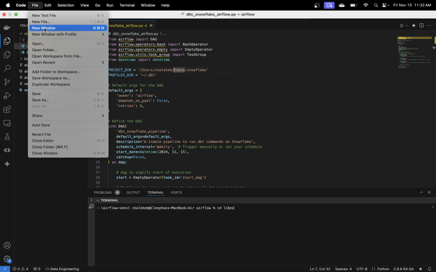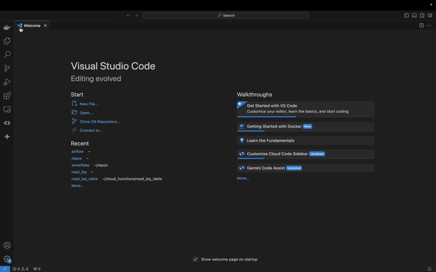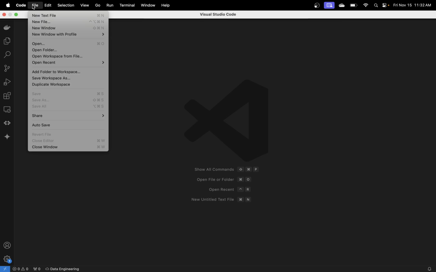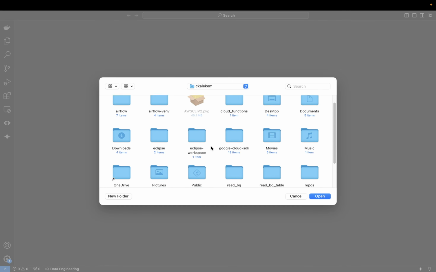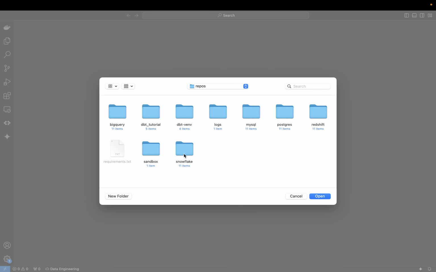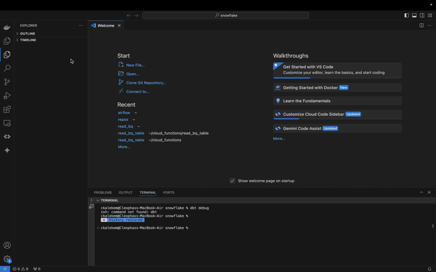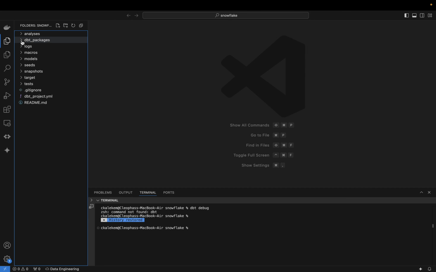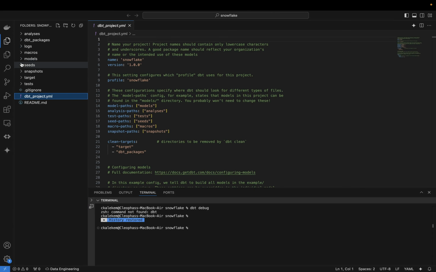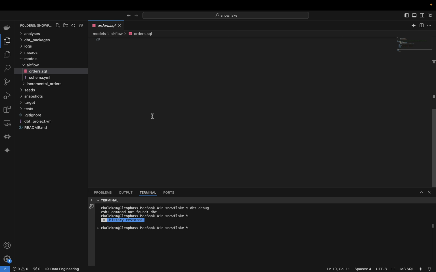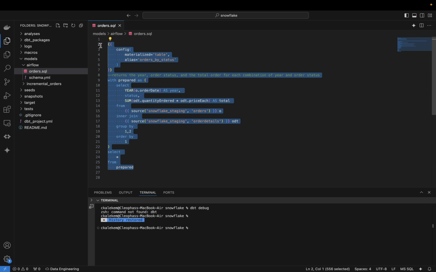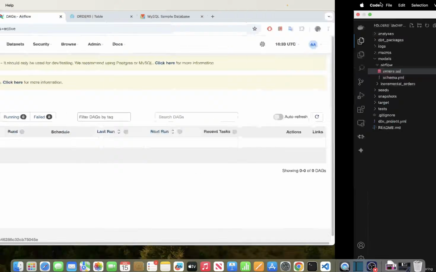Let me just open a new window here, and we are going to open that folder in repos. So it's in repos right here, and Snowflake. I'm just going to open Snowflake here. Okay, so inside Snowflake you have your project and everything, as well as the models, like so. So this is a model that will be running in this demo. Okay, so let's go back now